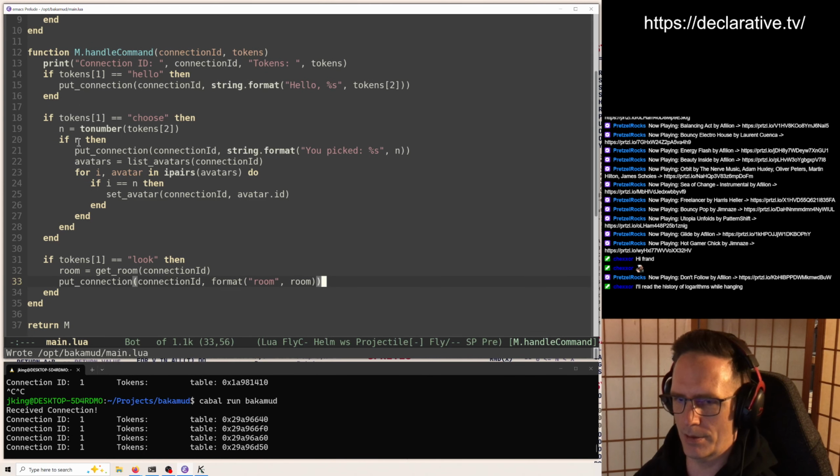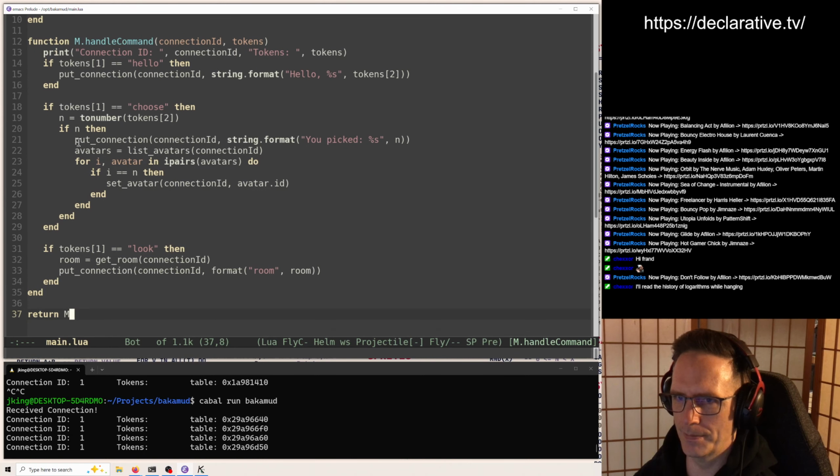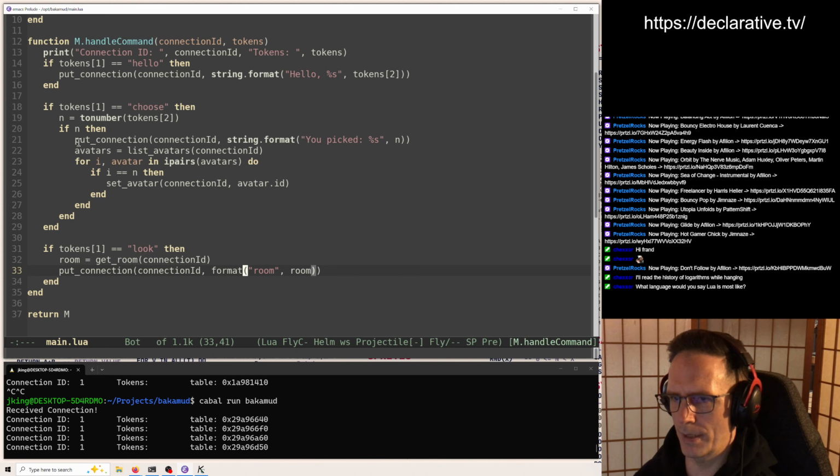Something like that. That looks kind of like reasonable-ish Lua code, maybe. Yeah? Okay. Let's do it. So we need a get room command. We need a format command.